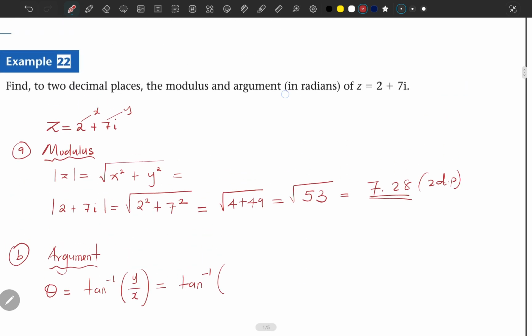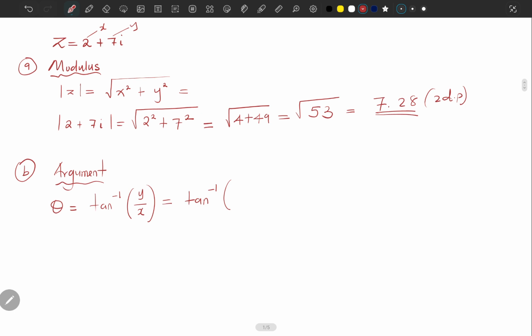And in our case, this would be tan inverse. Now they have told us to say in radians. So if you're using a calculator, keep on pressing mod until you see something written rad, then you click whatever number is below that. Like in my calculator, if I click mod twice, there will be the second screen which will show me rad, and the number below rad is 2. So I place 2, meaning whatever angles I'll be finding, they'll be in radians. So I put 7 over 2. And in rads,